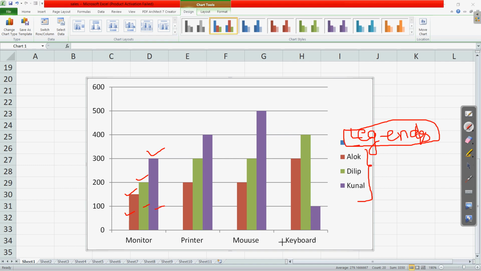Then x-axis and y-axis: you can see that this was the y-axis where the different values are, and the x-axis is where the different items are present. Clear? And for all of these, the group or the names of the persons who have purchased.